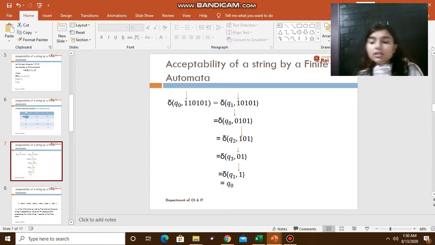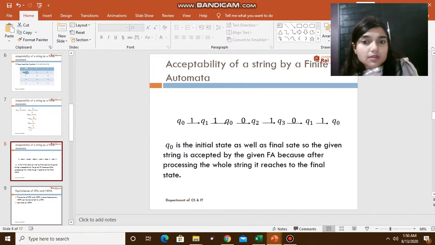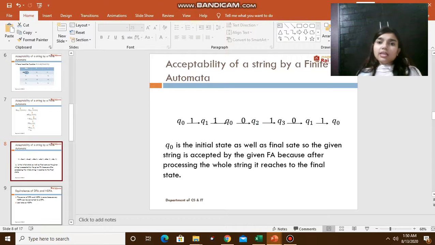So the conclusion is that on giving each symbol of the string, if the finite automata reaches the final state, then you can say that yes, the given string is accepted by a finite automata. Let's see, in this slide we have